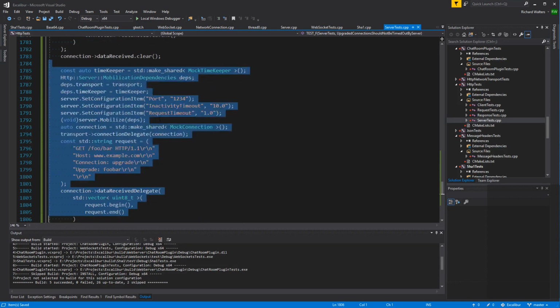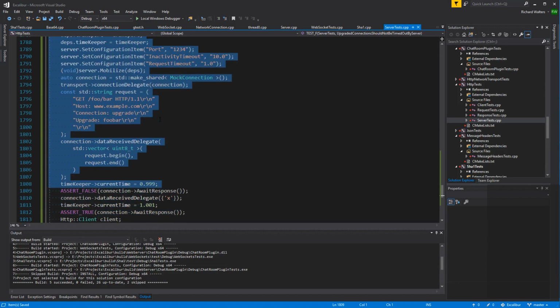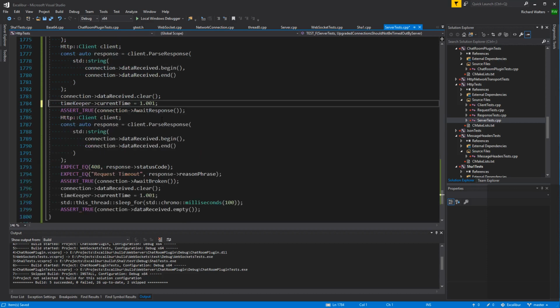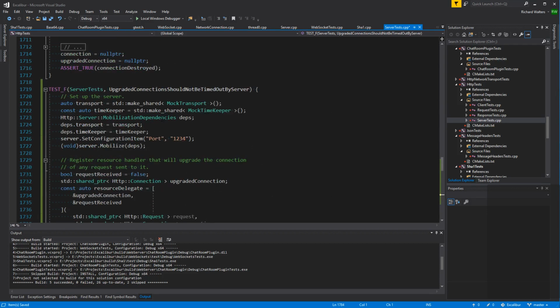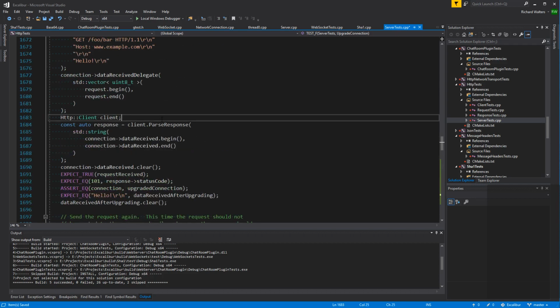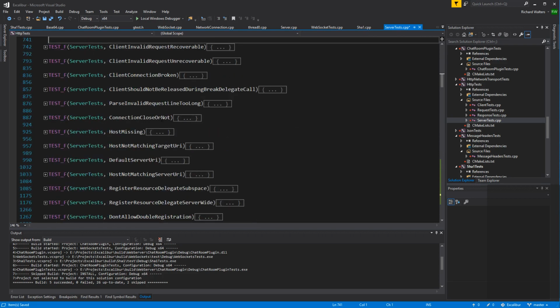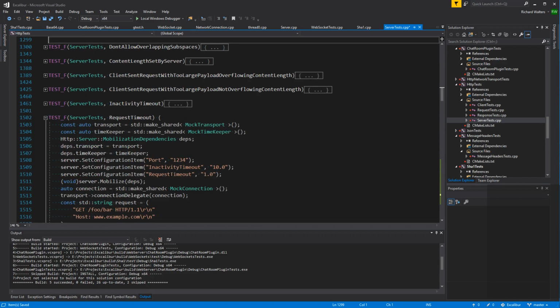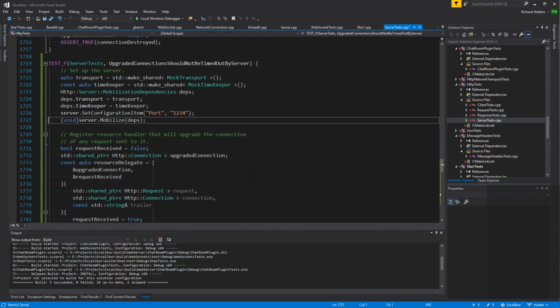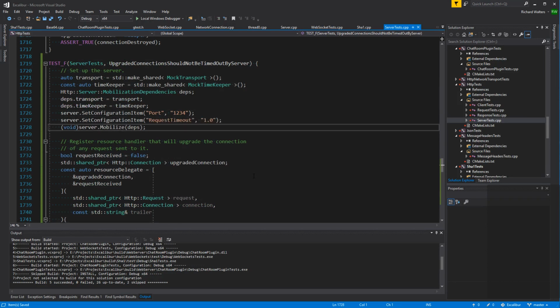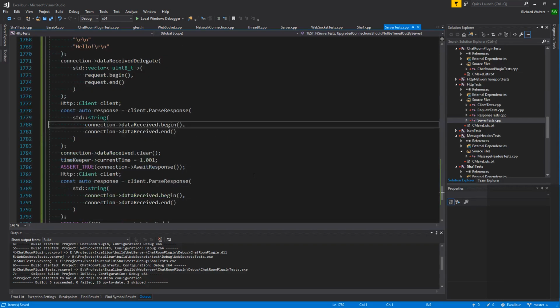After the request, we advance the time past where it should have timed out. Oh, I didn't set the timeouts. This thing, request timeout. It's right before that. Right here. So there's a request timeout of 1 second. So when we advance the time here,